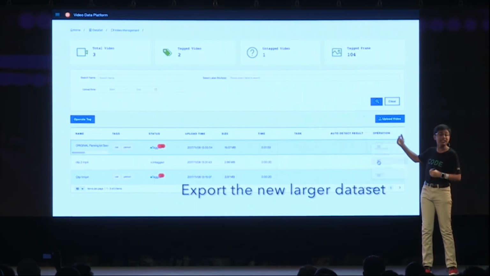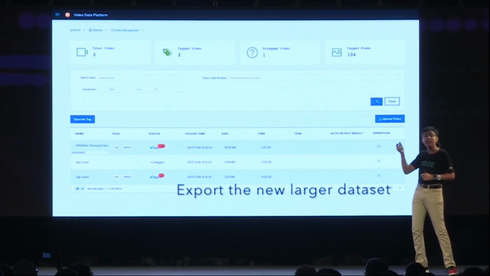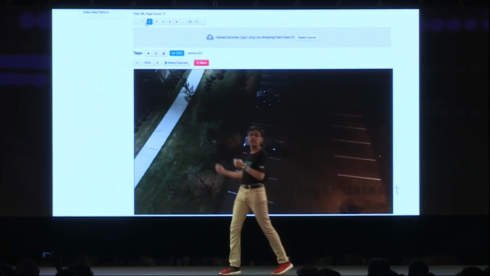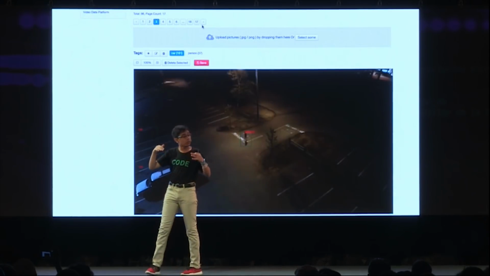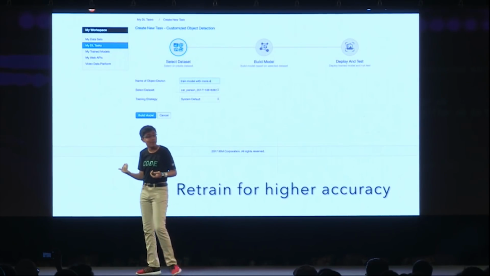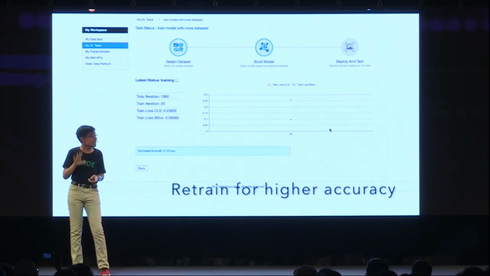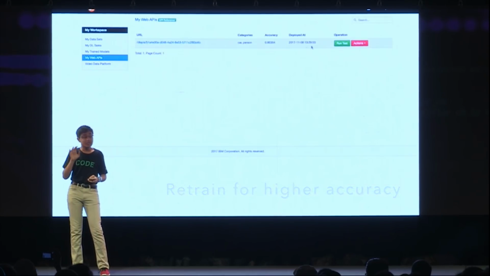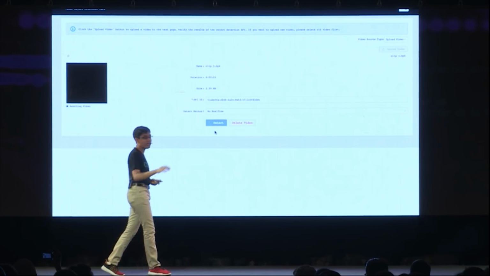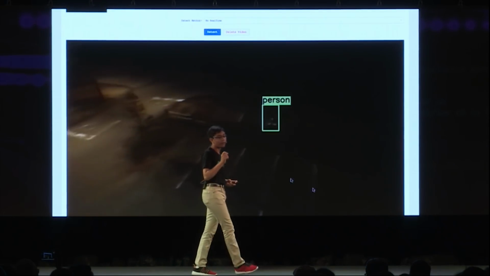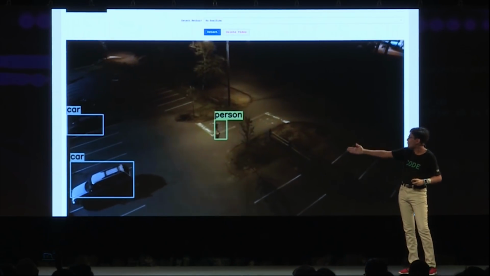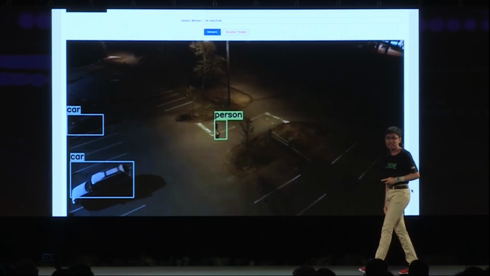Once he's done this, using the auto tag feature, he has very quickly created another data set. He can then take that data set, go back into Power AI Vision, train a new machine learning model, and once that's done, create even more data, even faster. And then within minutes, he can create a model that is good enough for testing, and eventually, over the course of a few days maximum, a model that is good enough for production. As you can see, this is data that the model has never seen before, and it's successfully able to label the car and the person in that video.